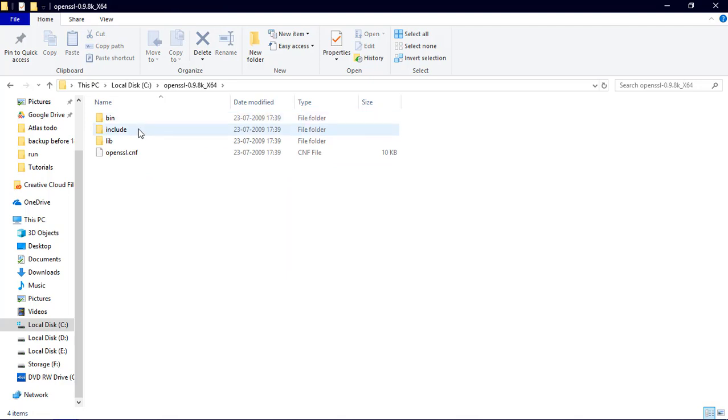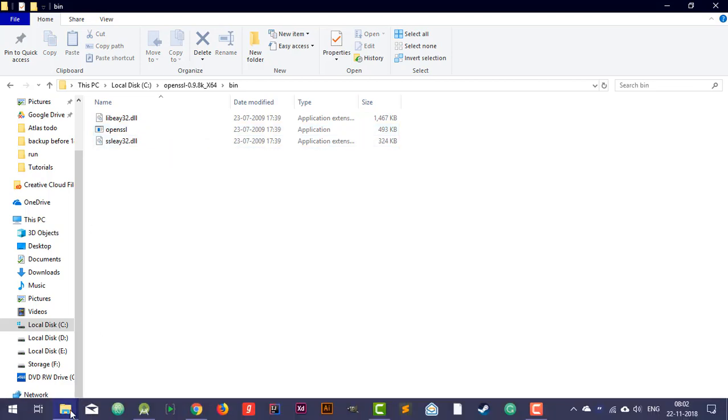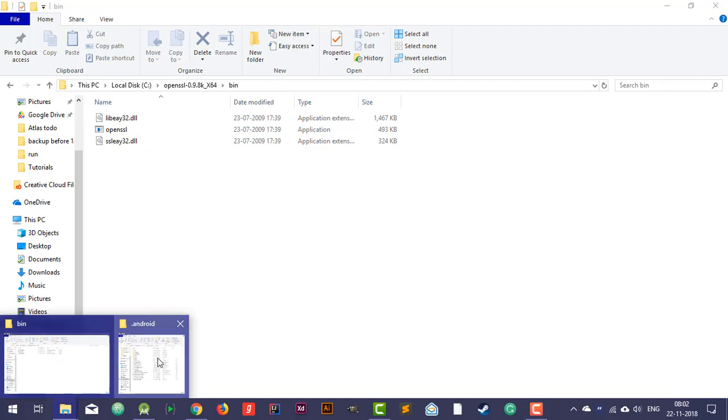I'm going to show you how it looks. We have the bin, the include, the lib, and the openssl.cnf config. But we have to open the bin folder, and then we have the application, that is OpenSSL. Okay, now another folder that you need to open is